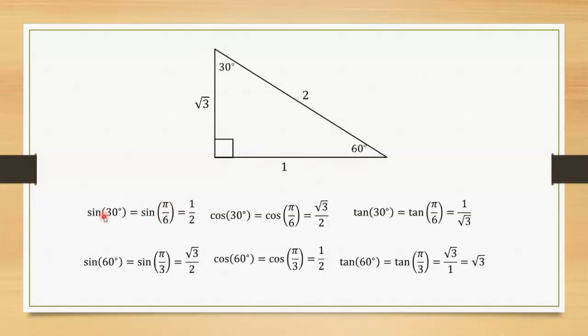Again, to figure out sine of 30 degrees, you take opposite over hypotenuse. But remember, opposite is opposite relative to the angle. What we've been doing is opposite relative to the angle that was here. So theta I would put here, remember? Now the angle's here. It's really the same idea though. Opposite over hypotenuse. Cosine of 30 degrees is adjacent over